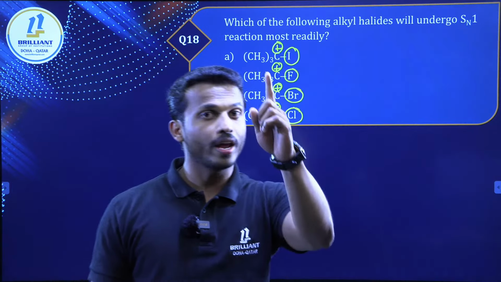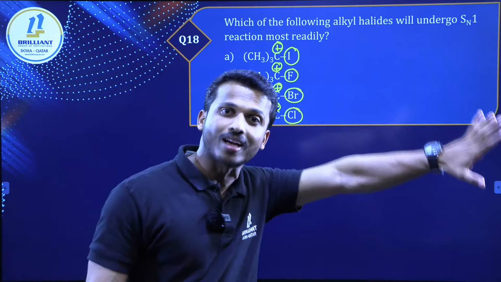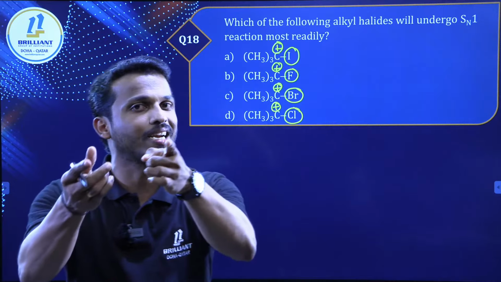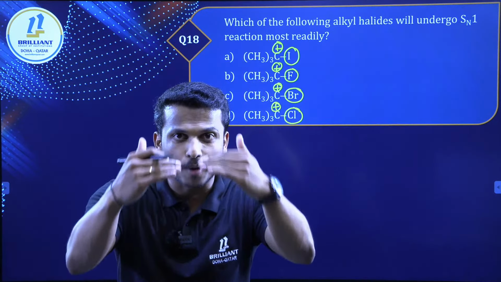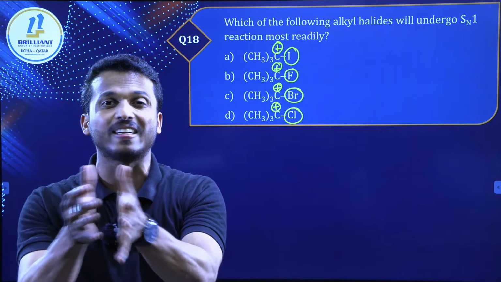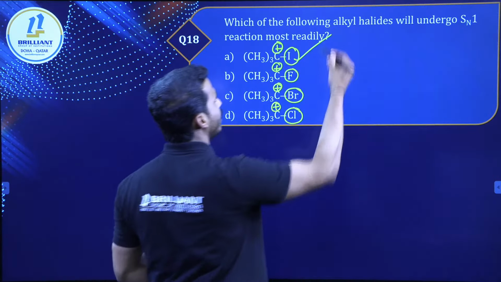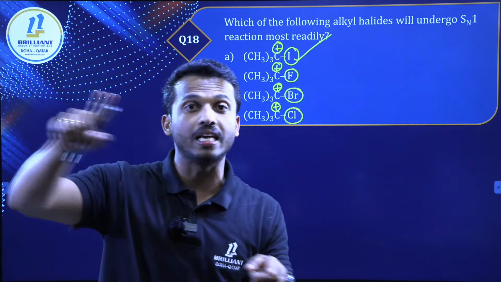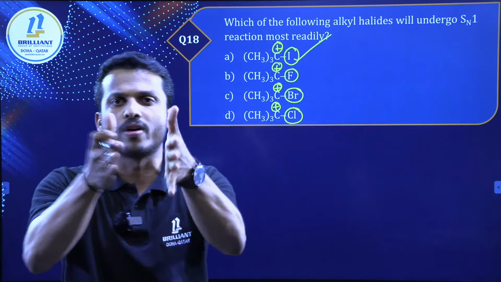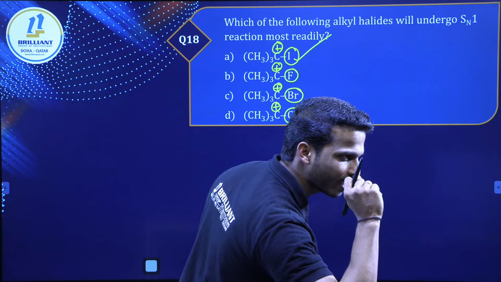What is the factor? Fluorine, chlorine, bromine, iodine: which is the best leaving group? Whichever can leave faster will give the reaction faster. Fluorine, once it makes a bond, makes a stronger bond. Fluorine, chlorine, bromine, iodine: while coming down, the size of the halogen increases and the bond strength decreases. You can break it faster and it undergoes reaction faster. So which one? Iodine, that is the best leaving group, because of the bigger size, that bond is weak. Hope you are clear. Given the correct answer, and the correct explanation also.